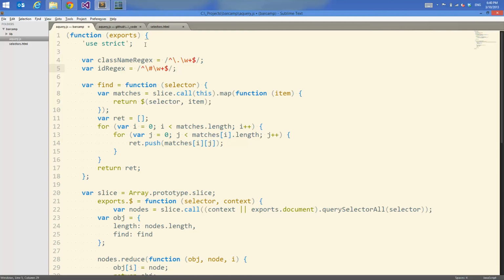So you want to try and use the ones that are optimized, class name or ID selector, if you know that you're going to be working with just that kind of selector. This is a simplified version of the regexes that you would use to detect whether it's a single class or a single ID that you're providing as a selector. And if I come down here,